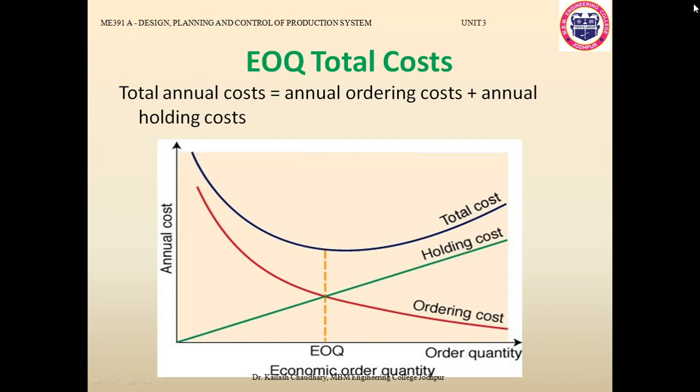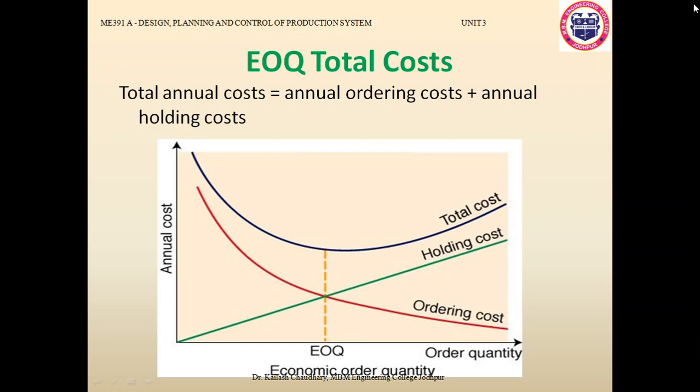In this EOQ model, the total annual cost will be the annual ordering cost plus the annual holding cost. So total cost will be the sum of the ordering cost you incur and the annual holding cost you need to pay to keep the product in the inventory. So you can see the total cost and the holding cost. The ordering cost